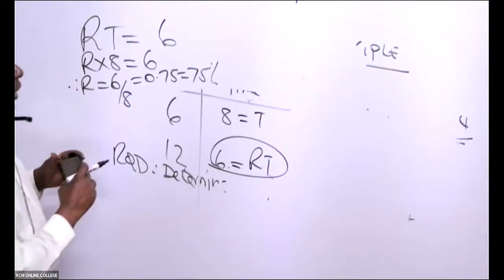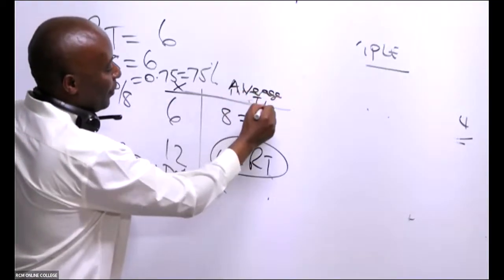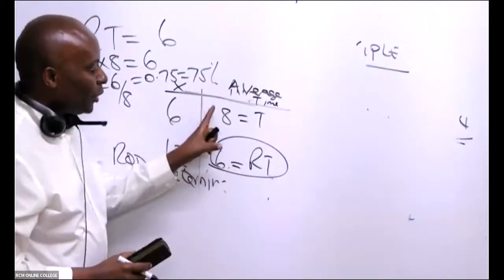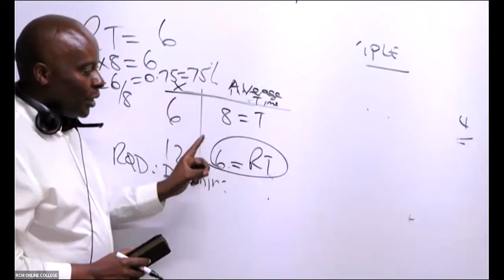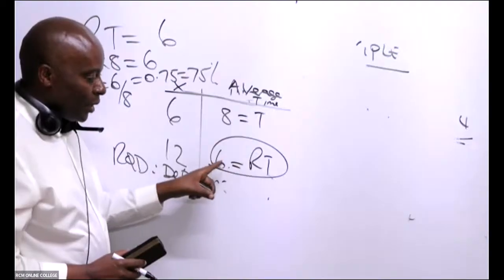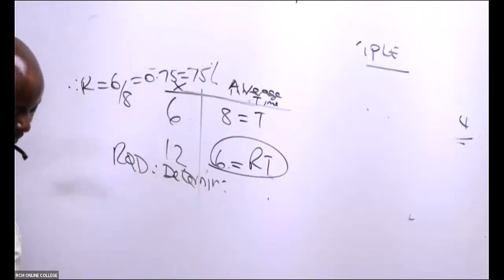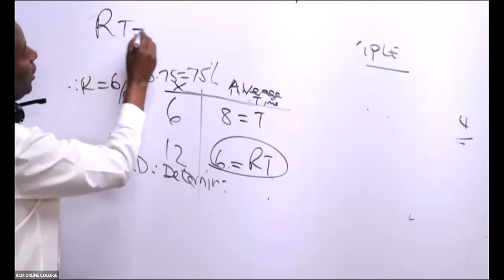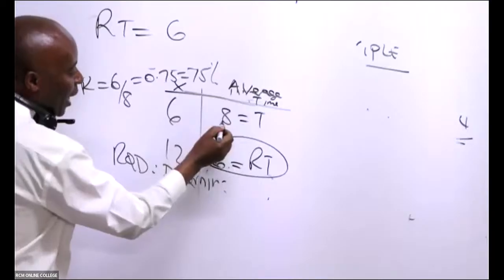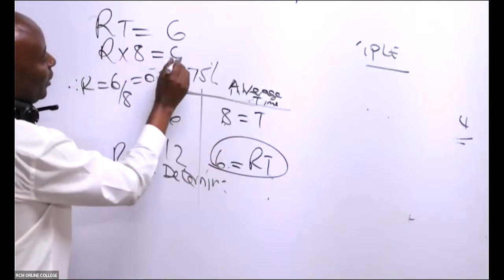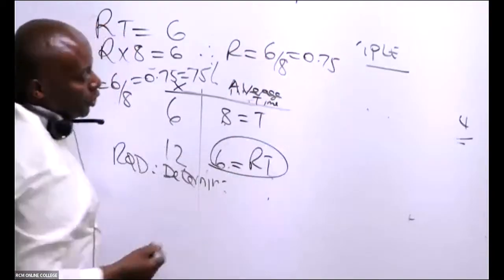So remember, there is doubling here, right? Then we have here average time. So you can see as output doubles, what happens to our time? It moves from T to RT. So this will be T, and this will be RT. So 6 equals RT, and we pick it from the one that I've circled. Do we know what the T value is? It is here, 8. So R times 8 equals 6. Therefore, R will be 6 out of 8, that is how we were able to get 0.75.